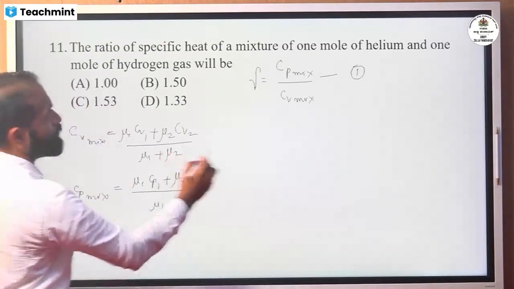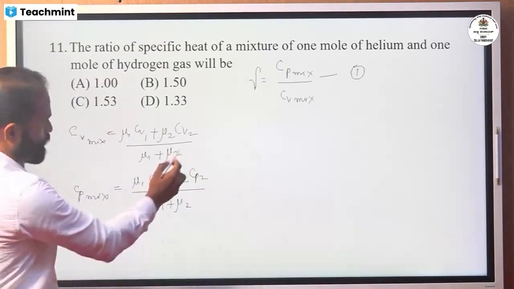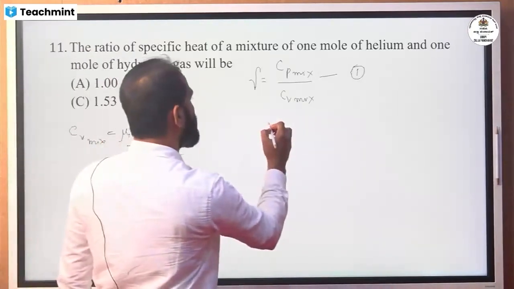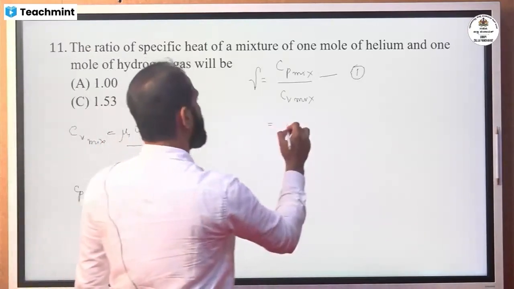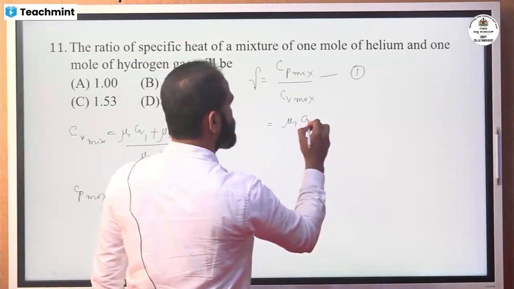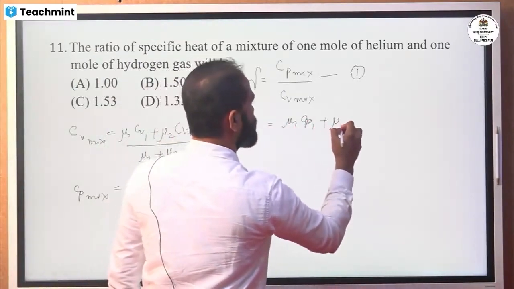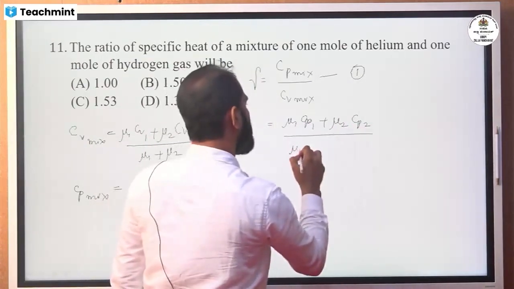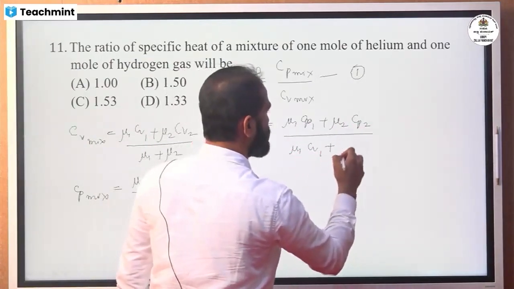If I substitute this in equation 1, mu1 plus mu2 and mu1 plus mu2 are going to cancel out. So this equation is going to become only mu1 Cp1 plus mu2 Cp2 divided by mu1 Cv1 plus mu2